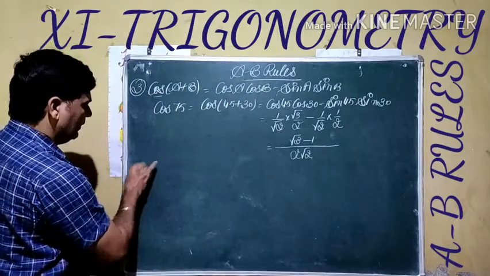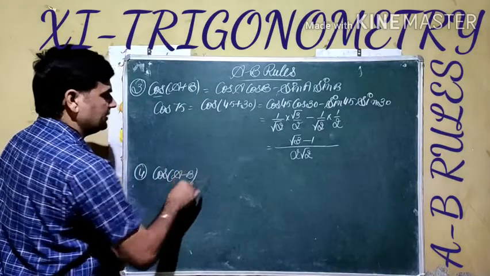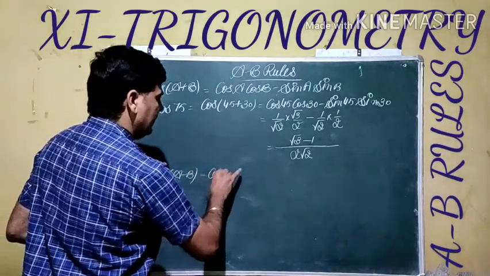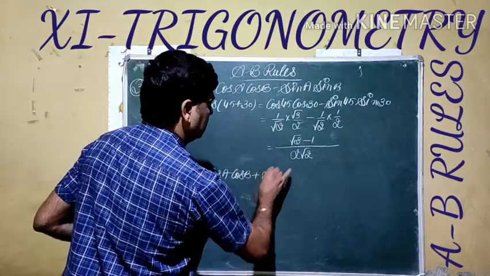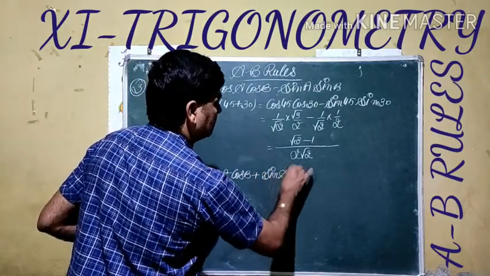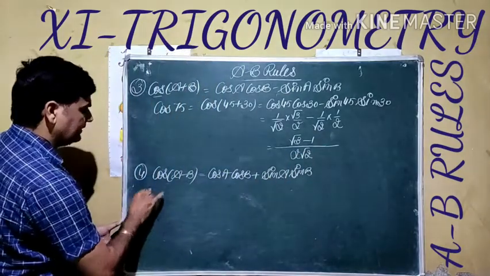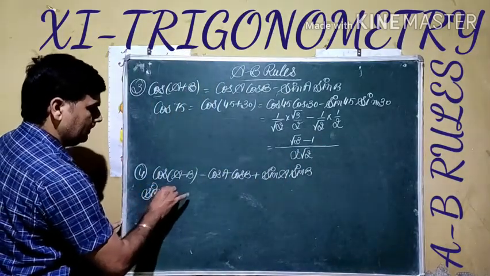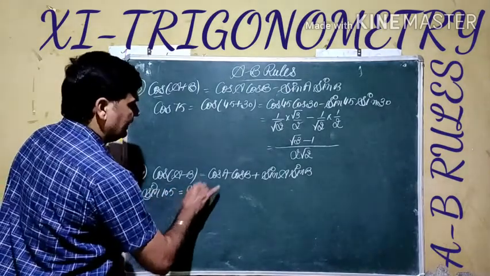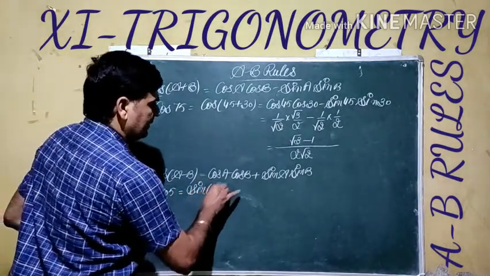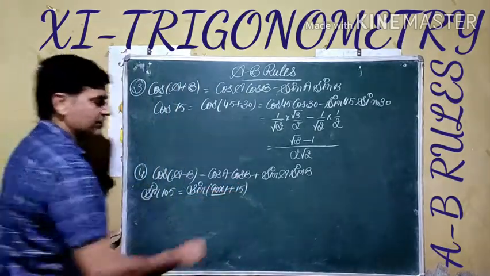Rule number 4, again for cos. Now it is the difference of two angles. It is given by cos A cos B plus sin A sin B. As we have discussed sin 105 previously, before this, it can be written like this also: sin 90 multiplied by 1 plus 15. Odd multiple of 90, the function will change.